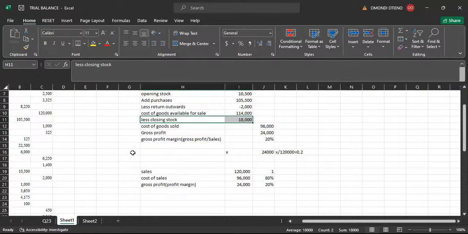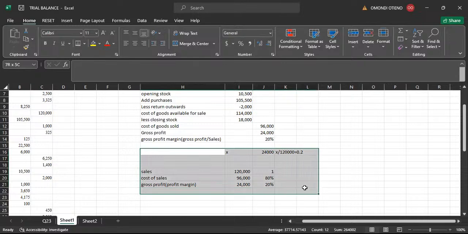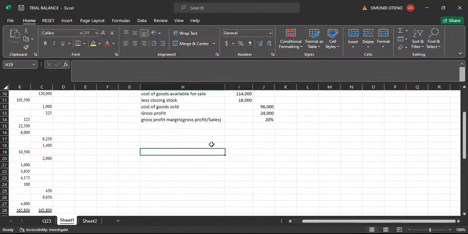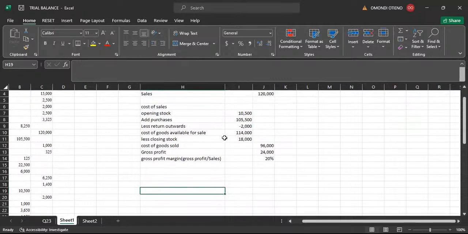So are we now okay with the first part of the question? If a question is given to you tomorrow, you are given closing stock, you are given cost of goods sold, but you are not given opening stock, will you be able to calculate for us the opening stock? Okay, so it means we've been able to understand what was required there. So once that is done,